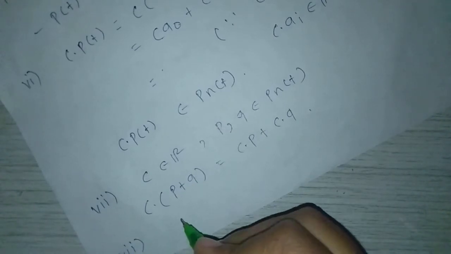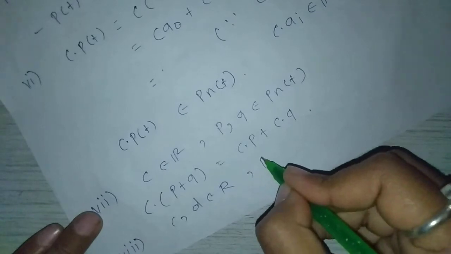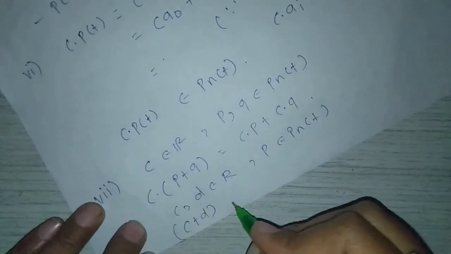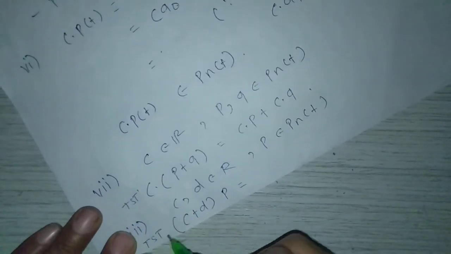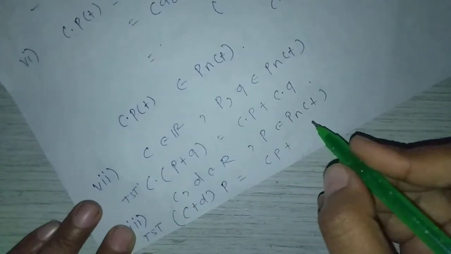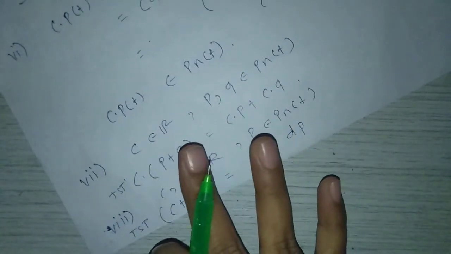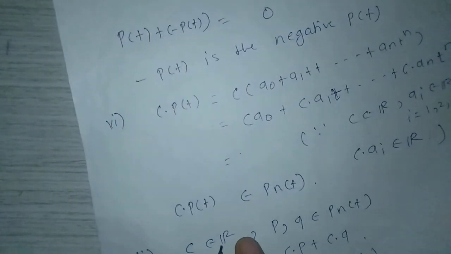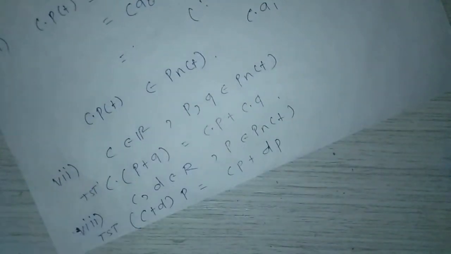Similarly, C, D belong to R, P belongs to Pn of t, C plus D into P equal to Cp plus Dp. It is also easy to show that. So these two are your exercise. Next property is also your exercise,